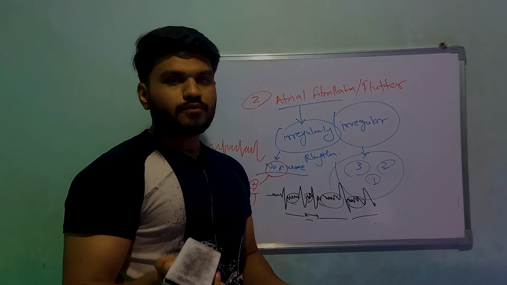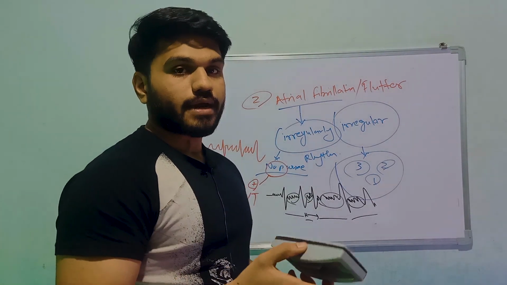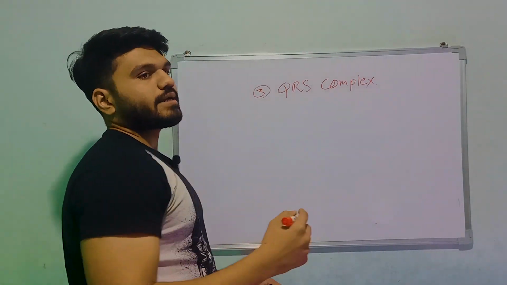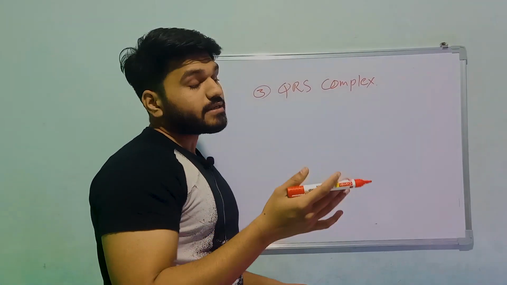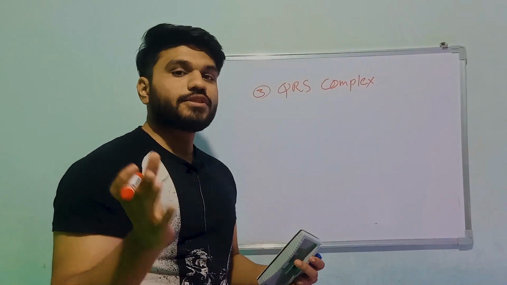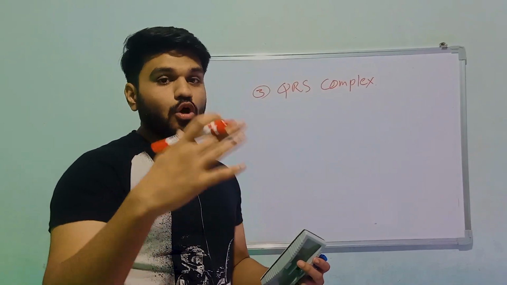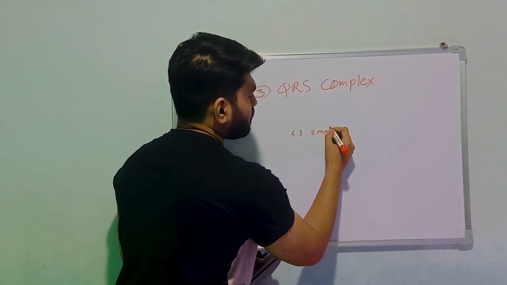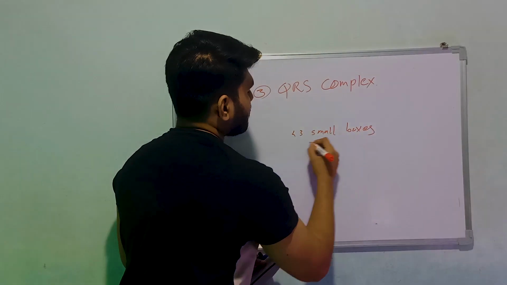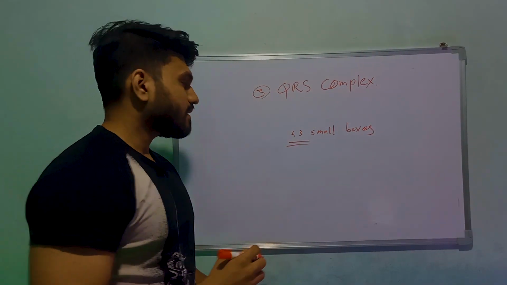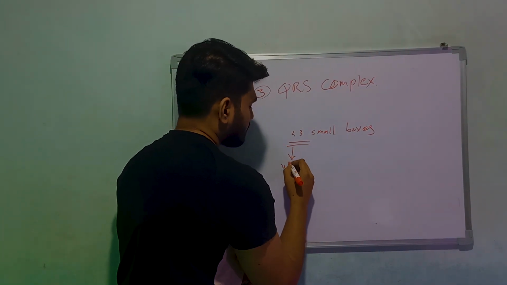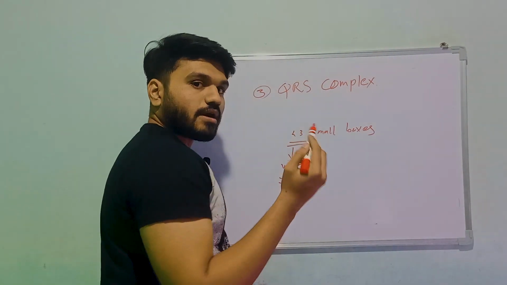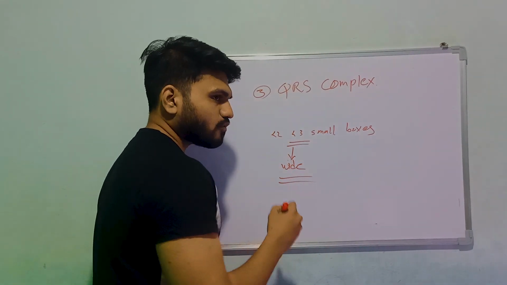So moving forward to another way to identify arrhythmia, which is the QRS complex. You have to see whether the QRS complex is narrow or wider. Like I have told you in the previous video, normal QRS complex is less than 3 small boxes. If it is more than 3 small boxes, then it is wide QRS complex, and if it is less than 2, then that is